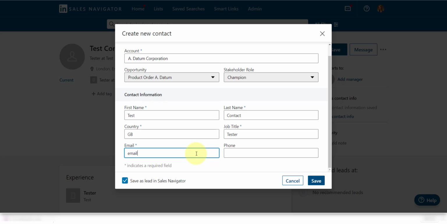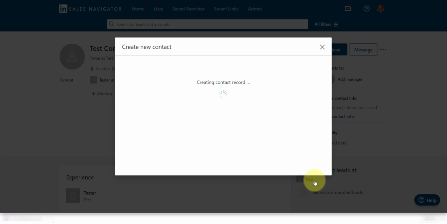I could put in an email, and I could put in a phone number, and then I can save this as a lead at Sales Navigator. If I don't want to do that, obviously I can just go ahead and uncheck that, and then I can just save that, and now it's creating that contact record in Dynamics 365,